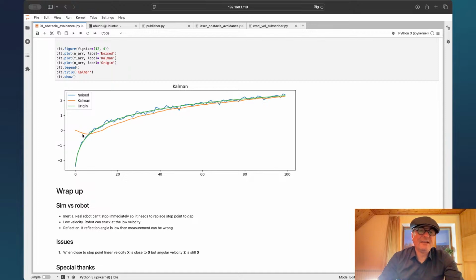The orange line is the signal from the ultrasonic sensor that was cleared from the noise, and it is more similar to the original data. We see that this orange line is closer to the original line than this noisy blue signal. But we also see the problem with this cold start, because the Kalman filter